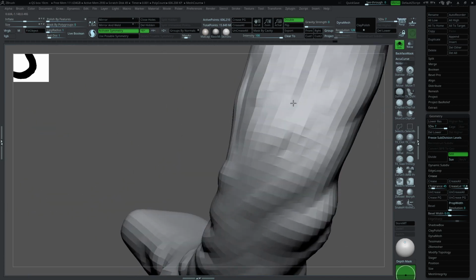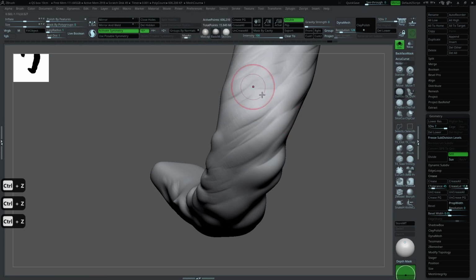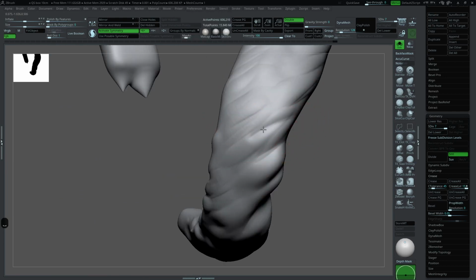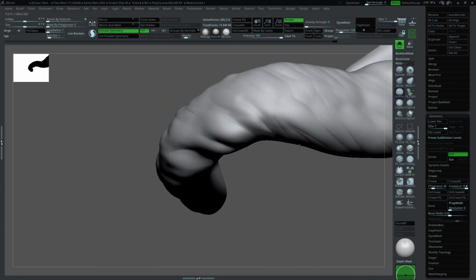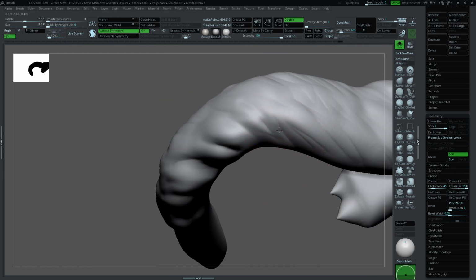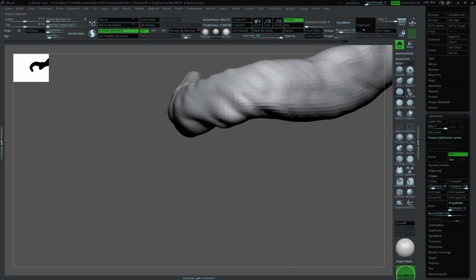So it creates a line like this. Sometimes I turn that on and off just to make sure of the right feeling for my brush, because sometimes I need to work on uneven surfaces like this. So yeah,